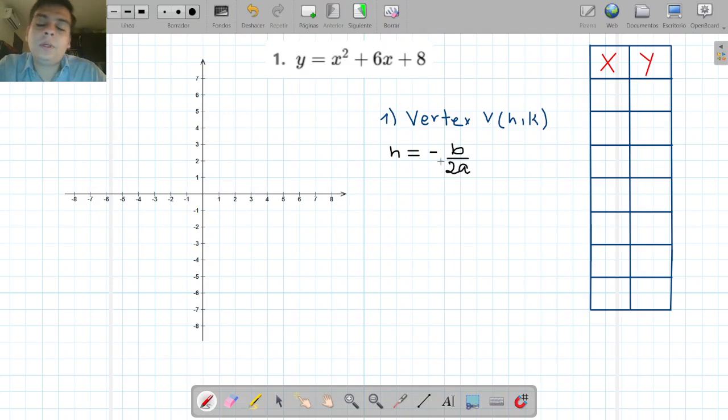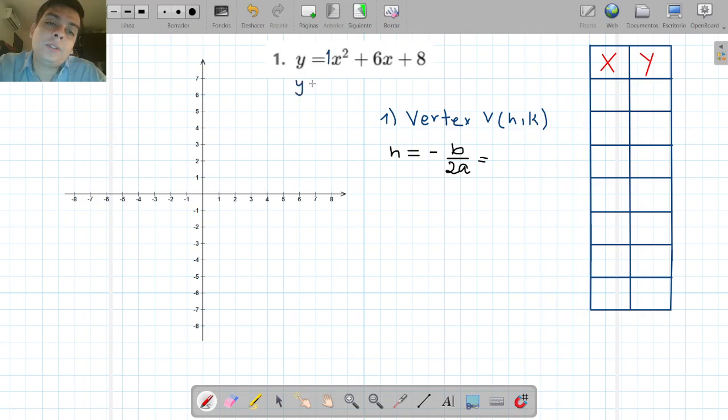You are going to have this formula in the Word document, so don't worry. In this case, we can find the vertex by replacing the values of a and b. Now, if you're wondering what those values are,